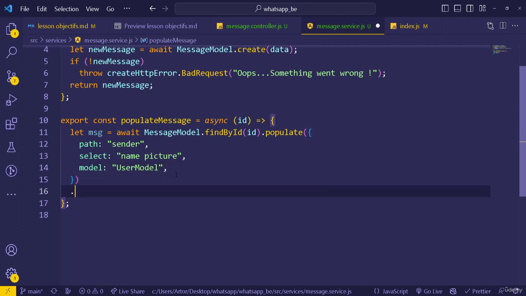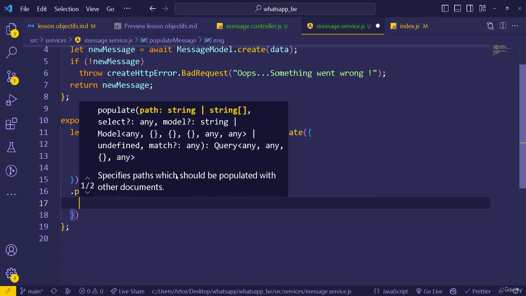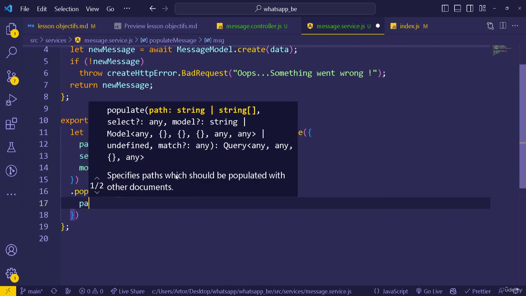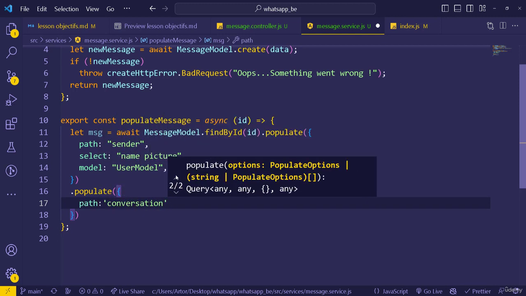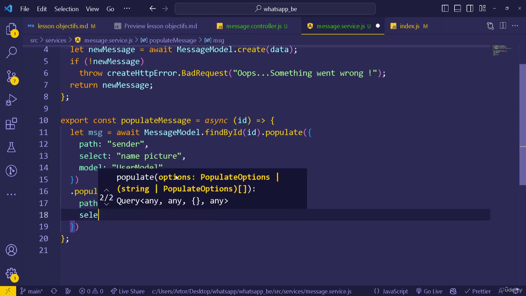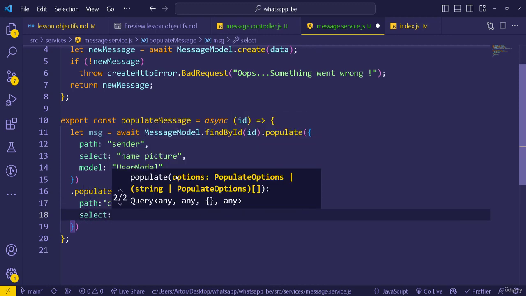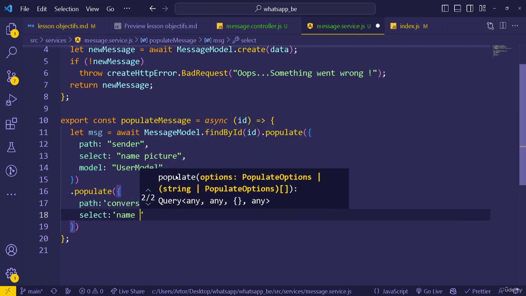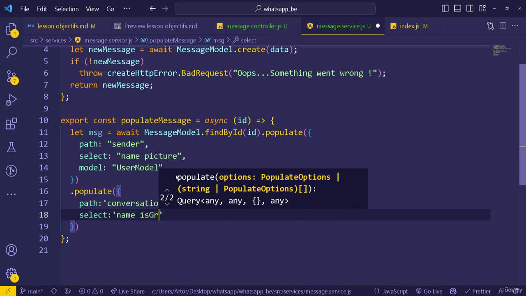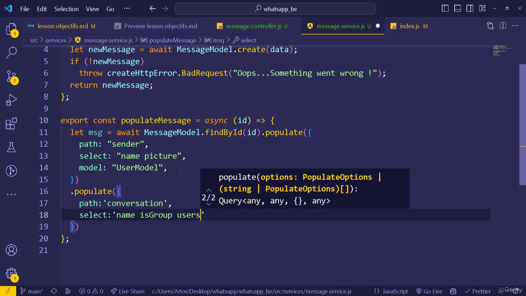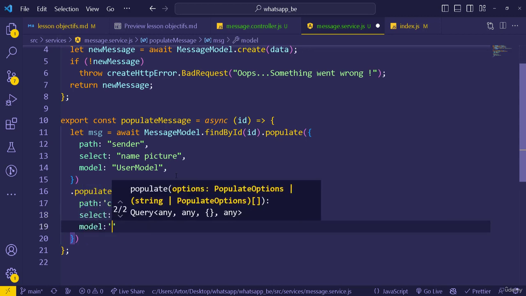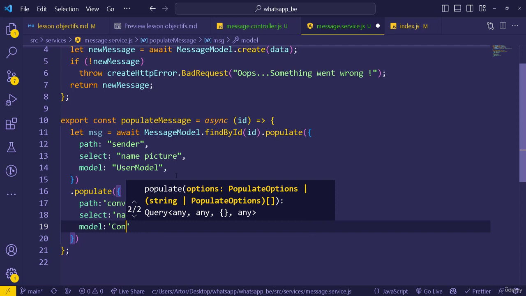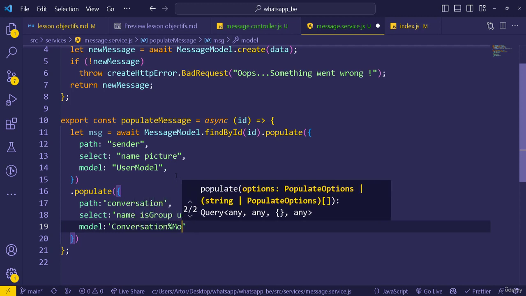So after populating this, we can continue populating. Now what I need to populate, so we're gonna do the same thing here. So the path is gonna be the conversation. So this is what we wanna populate in the message, and what we need to select. So let me see what we're going to select. We're going to need the name of the conversation, and then is it a group, and also we need the users inside it. And also we're going to define the model we want to populate with, and the model is going to be the conversation model,